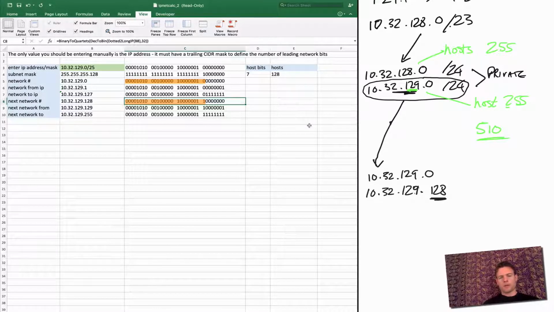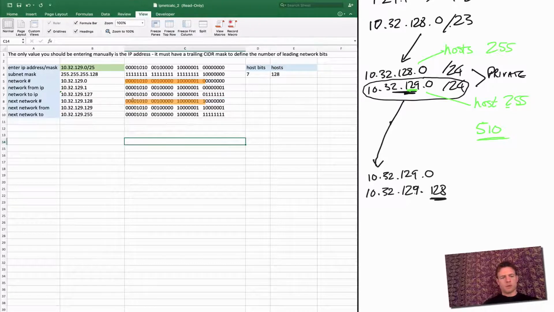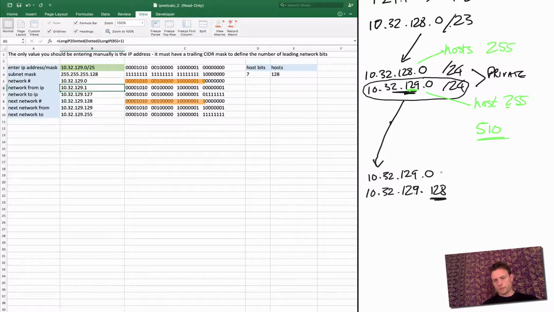So that's why I think it really makes it much easier to visualize using a tool like this, and why the network number of our second /25 subnet actually ends in 128. And if we look at the hosts again, this network over here, 129.0, starts from 129.1 and goes all the way up to 129.127,